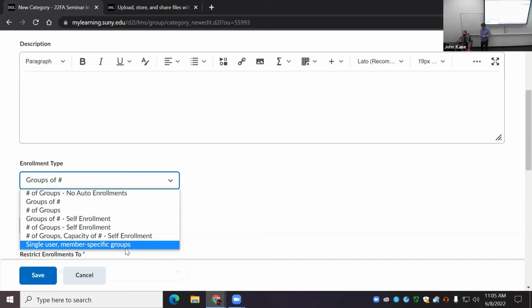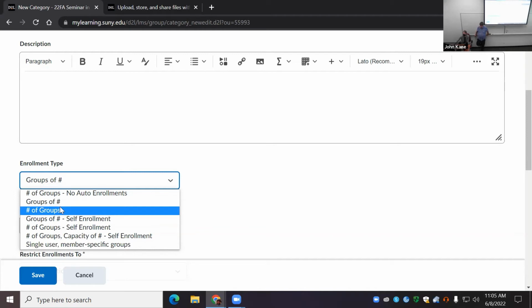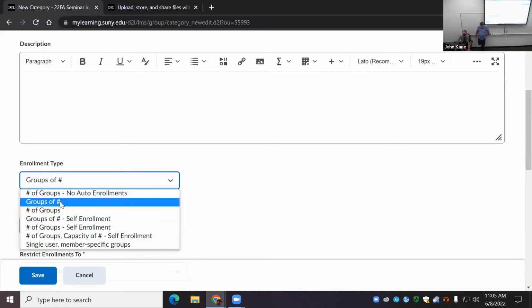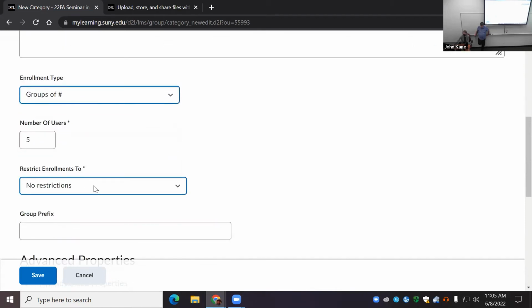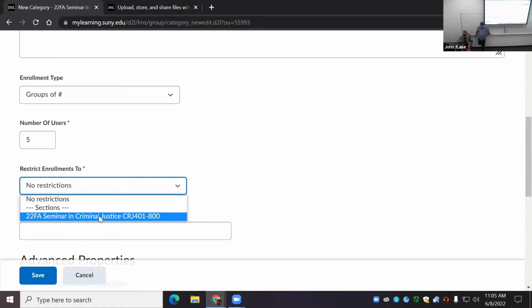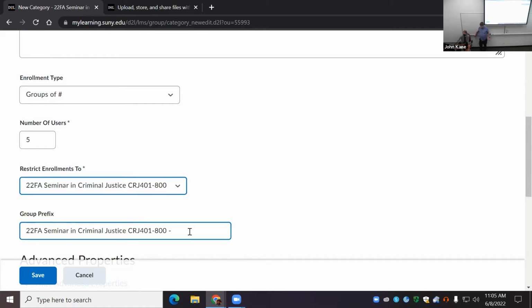But I'm going to go ahead and just suggest that I want groups with 5 users each. I can restrict the enrollment to students in this course. You do need to edit this prefix because it only allows a prefix of up to 40 characters. And so, actually, I don't know if that's going to be